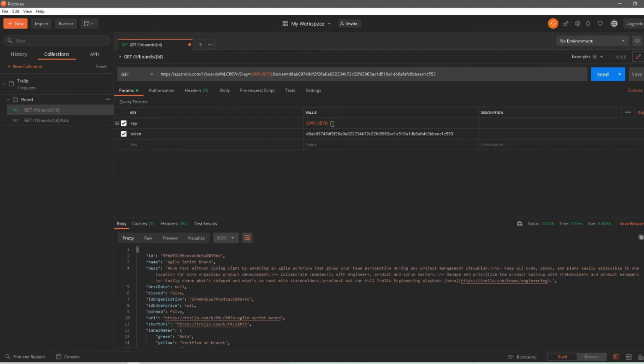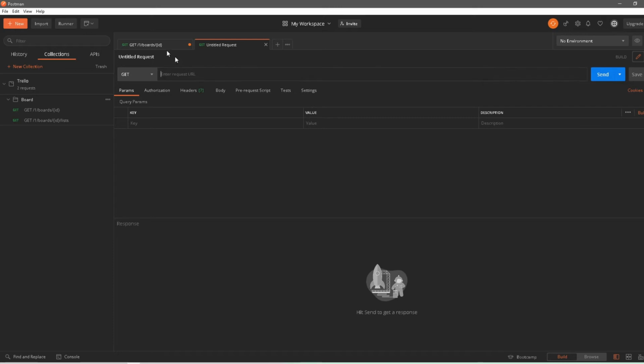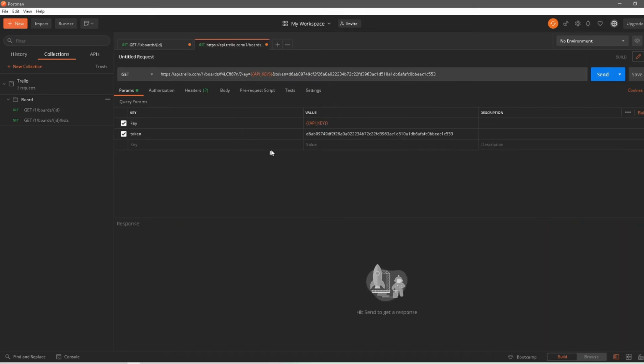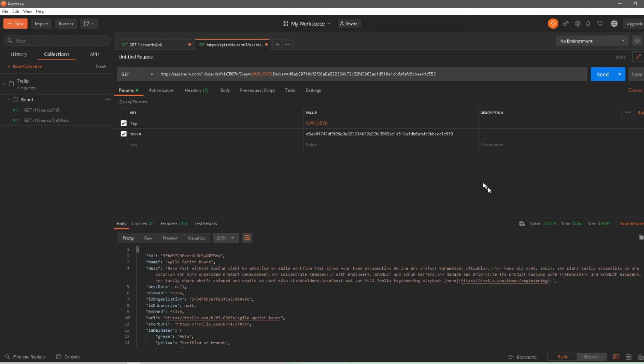Now, since this is set as a global variable, what's happening is I can reuse this API key anywhere else. Let's say I create a new request here, and I can just copy this and paste it here. If I just hit enter, do send, I'm still able to get that 200 OK response. So I'm using this API key in a separate request that's not part of my Trello collection right now, and I'm still able to use this. So using a global variable, I can use it in a totally separate request that's not part of our collection,